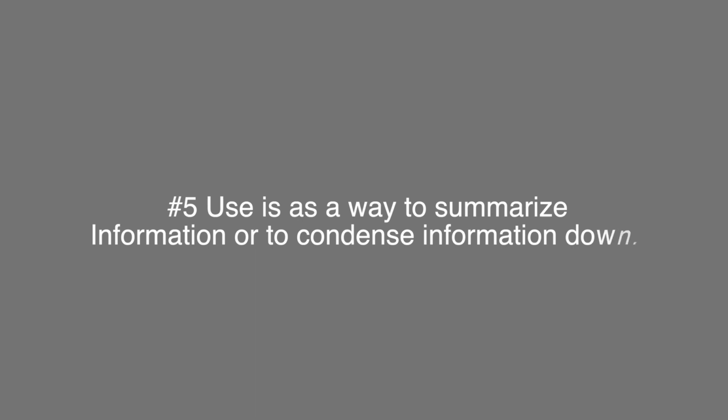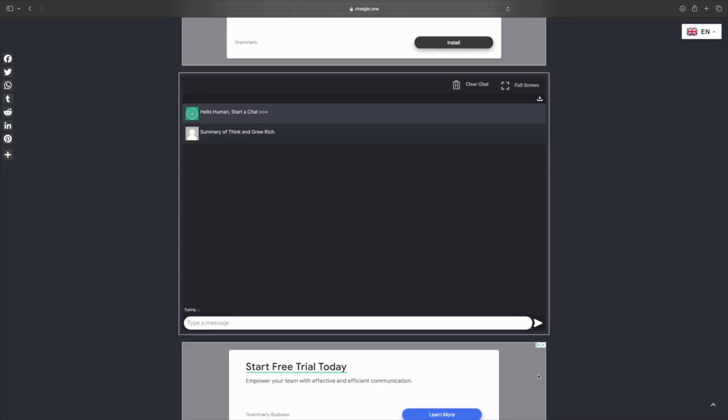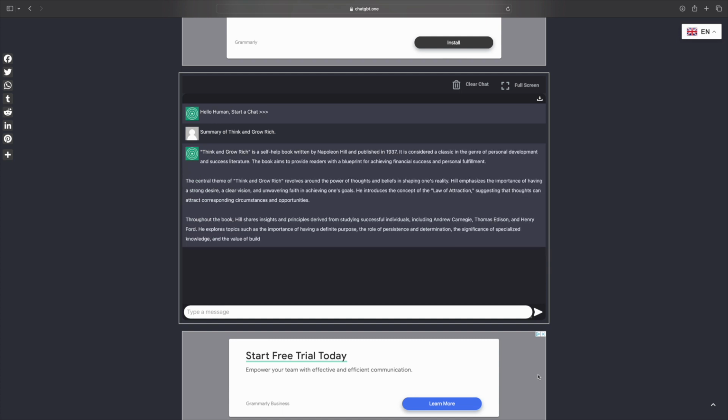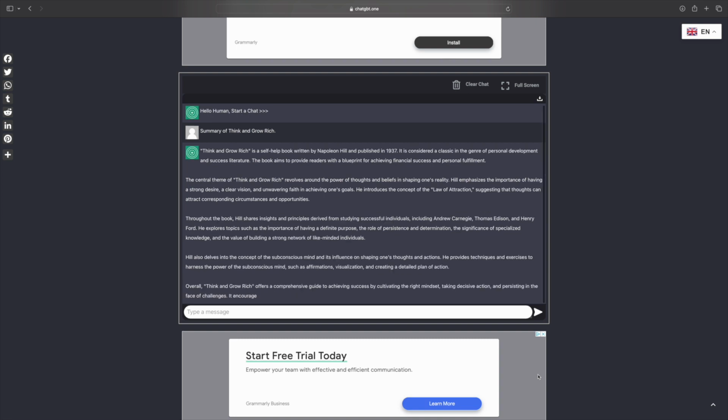Another amazing thing is you can use it as a summary source. So to create a summary for you or to summarize information. If you have this really long piece of information or a big article or a research project or just a ton of research that's out there, you can use ChatGPT to create a small and short, succinct summary. And so it makes it very clear and it's not this huge, long, drawn out thing. It's a very direct and specific amount of information that will help you without being too much. So it can be great to get summaries on things, make complex things smaller and easier to digest and understand, which is fantastic.